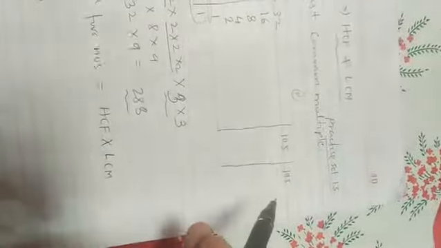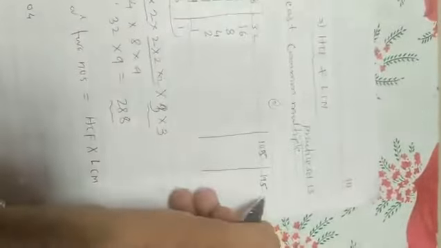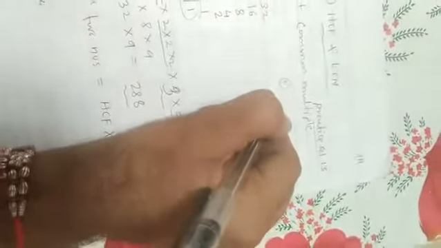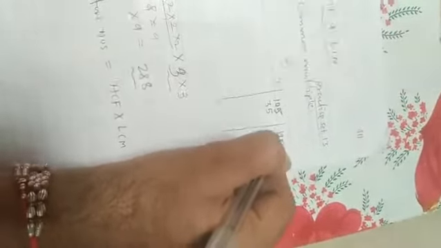Okay, and one more question I am showing. Here you want to find the LCM of 105 and 195. See, at the unit place both have the number 5. Then I will divide by 5. Or you can see this number is divisible by 5 as well as 3. I will start with 3, no problem. Then 3 3s are 9, and 1 and 5 15. Now 5 3s are 15, and again here 6 3s are 18, and 1 and 5 15. That is 5 3s are 15.